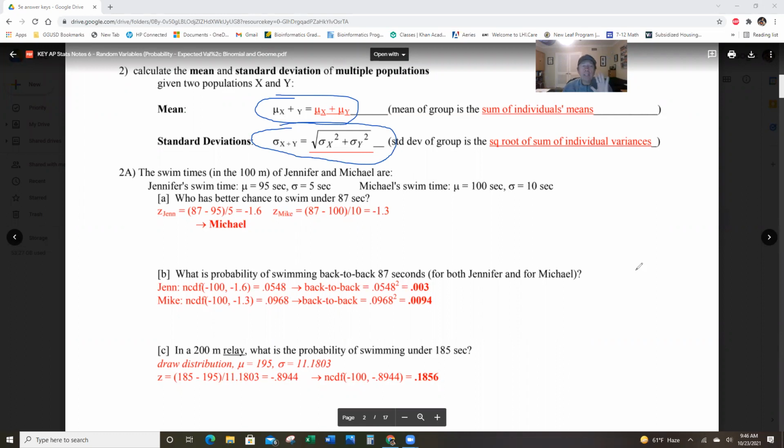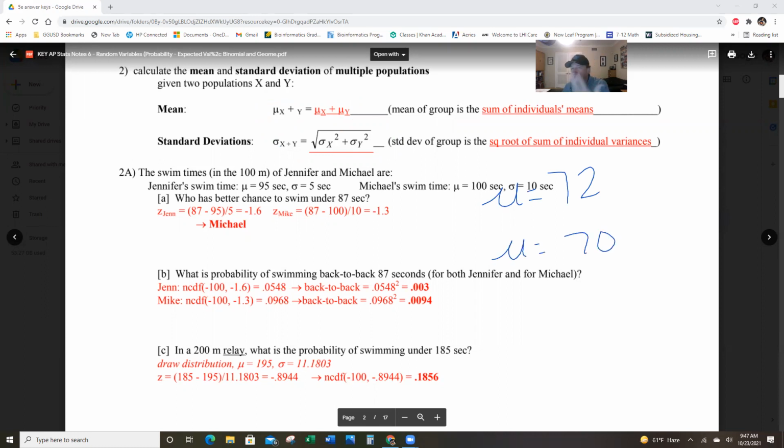So let me give you a quick example that's not even on here. Let's go through this real quick. Let's say I'm a golfer, okay? I average a 72, which is par, which is very good. And my buddy averages a 70. He's a little better than me because in golf, low score wins. My standard deviation is 3. His standard deviation is 4, meaning I'm a little more consistent than him.